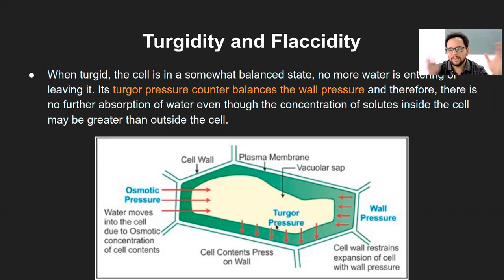So when the cell is turgid, there will be a lot of fluid inside. It will exert pressure on the walls in the outward direction, that is turgor pressure. And opposite to that will be wall pressure, which is acting towards the center on the cell content, so that is the wall pressure. So these two terminologies we had seen with respect to the turgid cell.